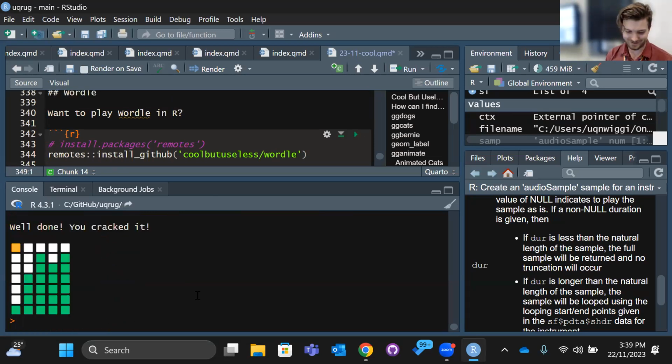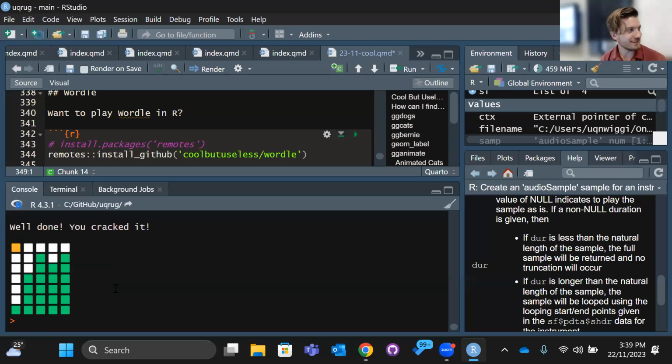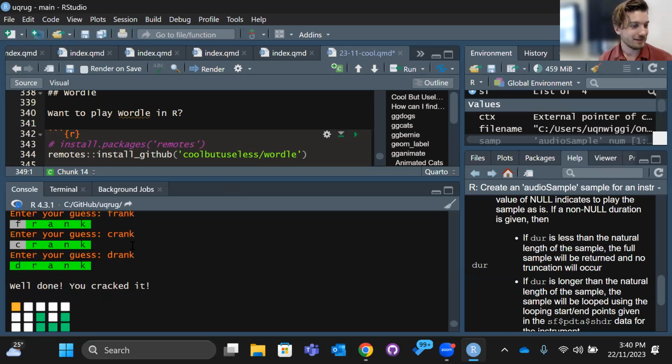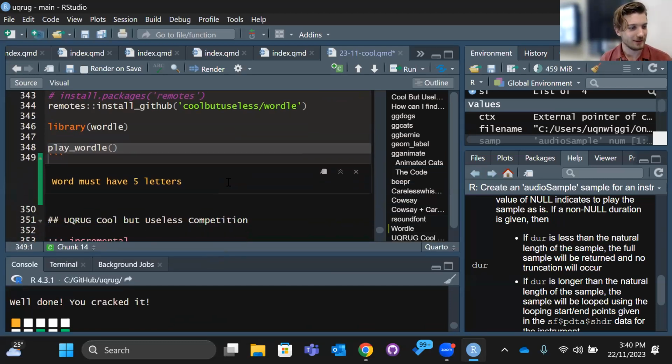Drank. Yeah, I was not expecting everyone to be there for it, but that's great. I was not intending to actually play that through, but everyone was here for it, so yeah, there we go.